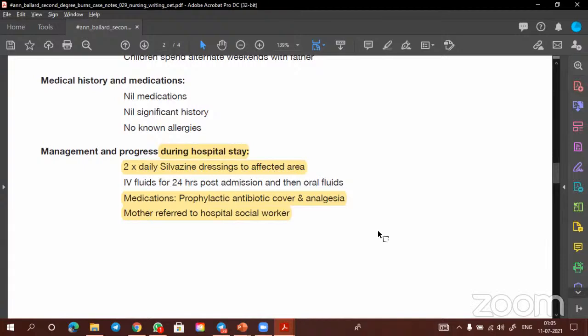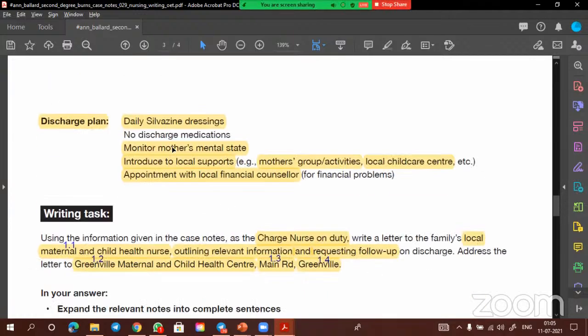Otherwise he will be there only. So no need of IV, no need of oral fluids now. She will be normal feeding then afterwards. So that's why nothing is there here regarding IV fluids. And so this is more important. Discharge plan, I already told you this is more important. Okay. Now that's it. So minimize this one because in the hospital, what she is done, what she is given, that is not that much important here.